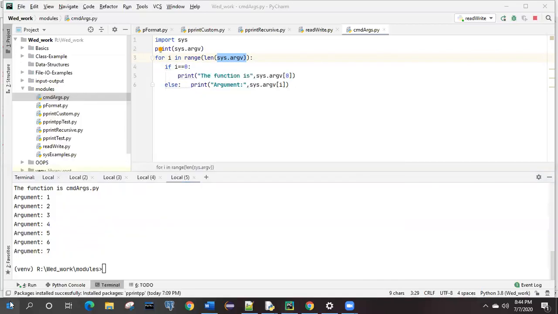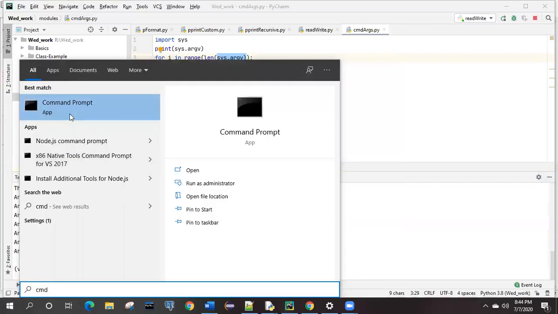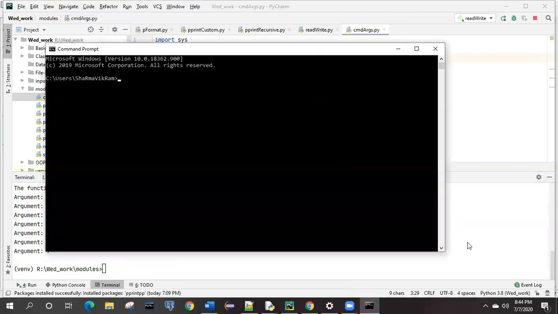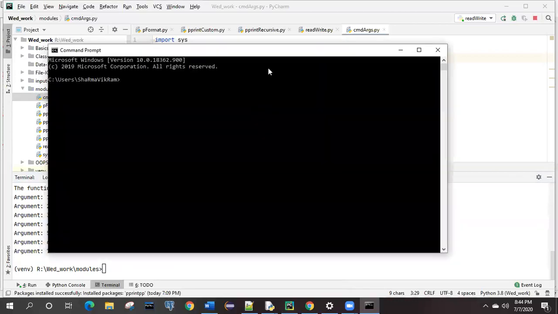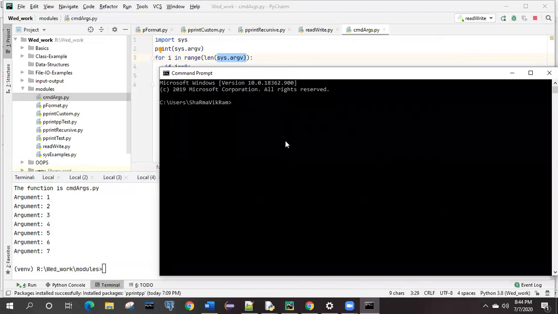Let me show you from the command prompt of Windows. It is the same as what we saw in the editor. First of all, we have to go to the location where this file is present, right? So how can we go? We need to change the directory. I think we changed this already, right?